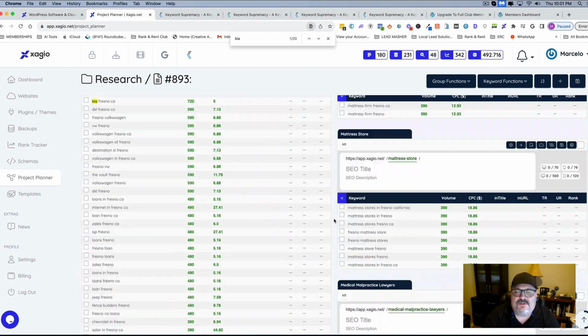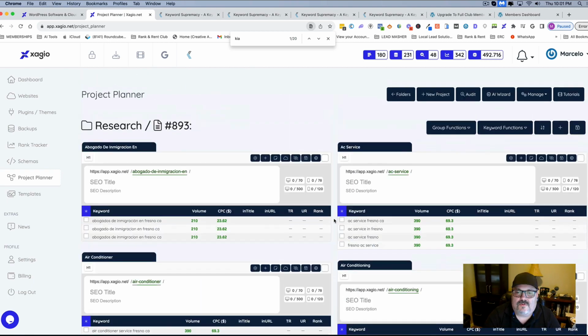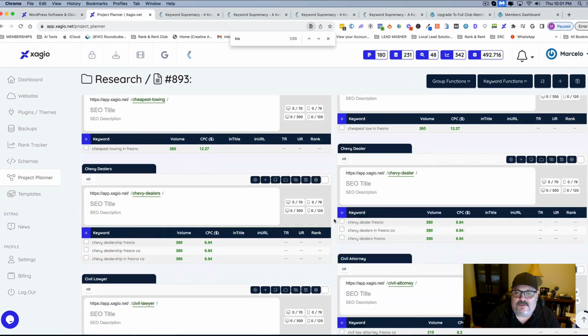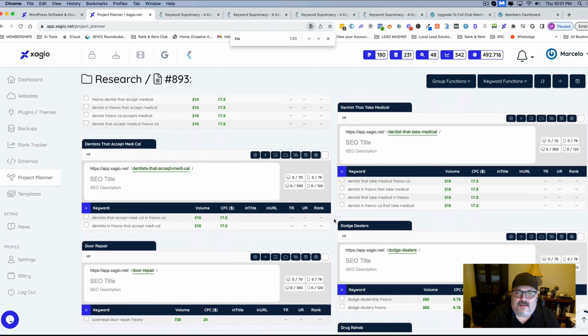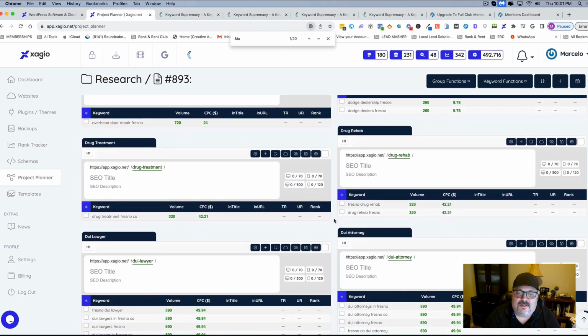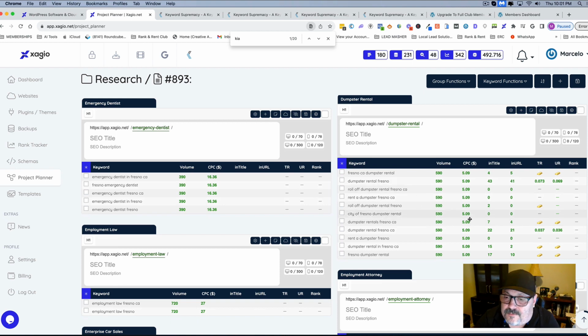So let's go look at those dumpster keywords that we were looking at. I think those are going to be cool. Actually, a really cool little niche there. Because I know if there's that much search for it, then it definitely could be. Okay, look at that. So we have some gold bars here. Look at that. So let's sort by the reason why, and I'm not exactly sure of all the calculations they use to get this.